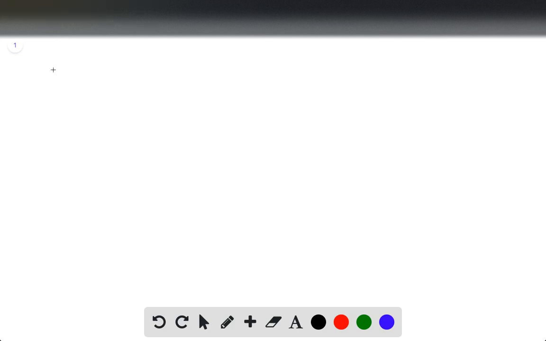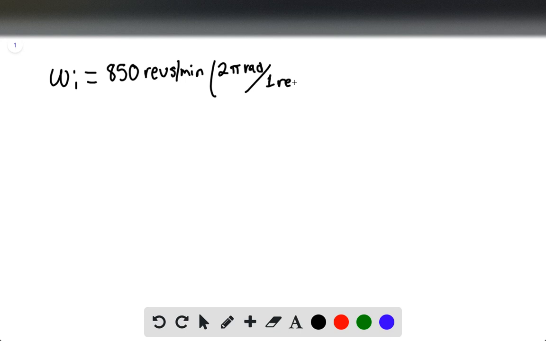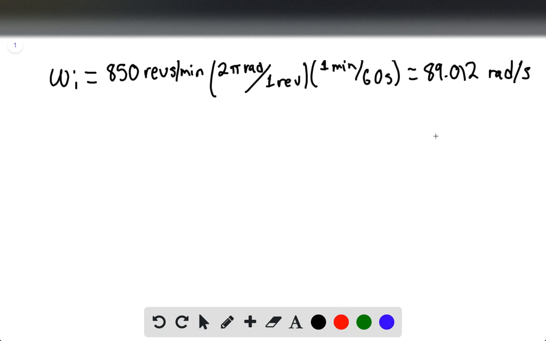So the cooling fan is turned off when the initial angular velocity is 850 revolutions per minute. And we can multiply this by 2 pi radians for every 1 revolution times 1 minute for every 60 seconds. And this is going to equal 89.012 radians per second. It comes to a stop, so the final angular velocity is going to be 0 radians per second, and then